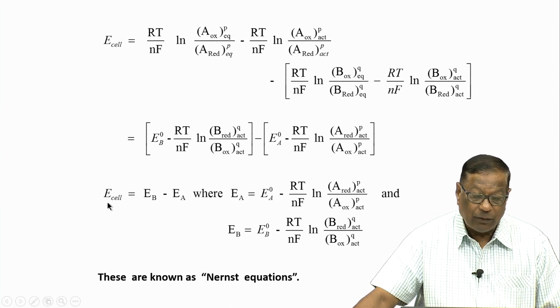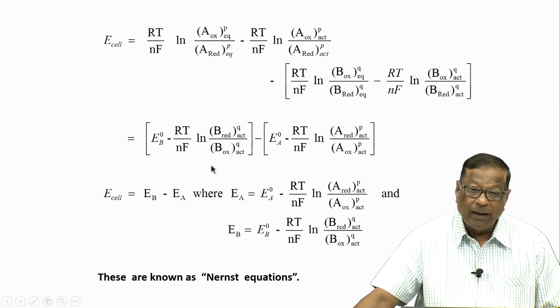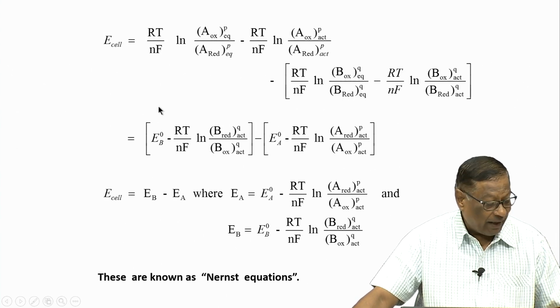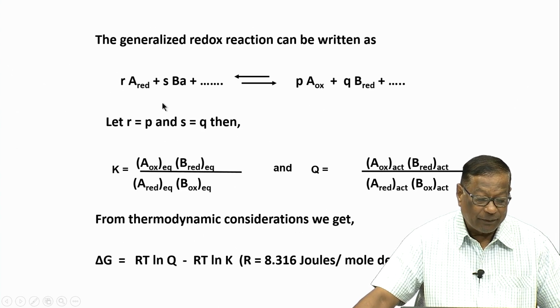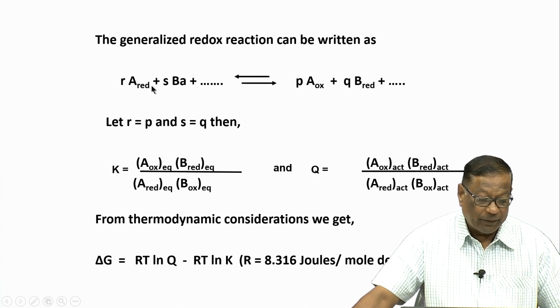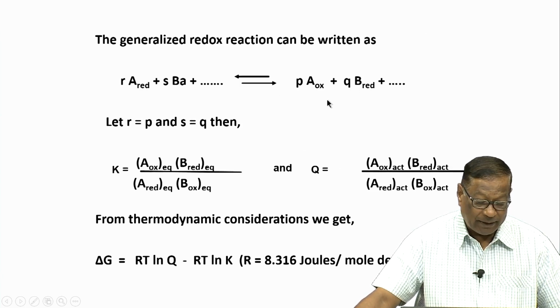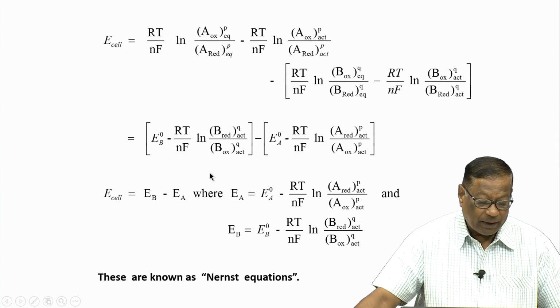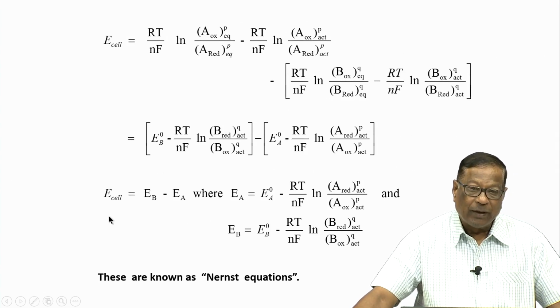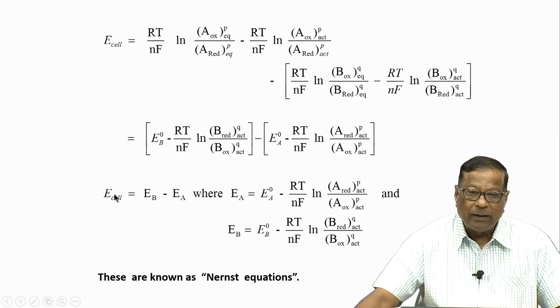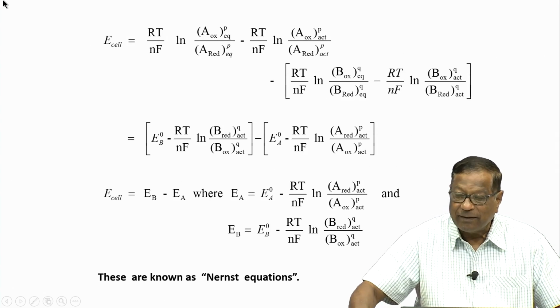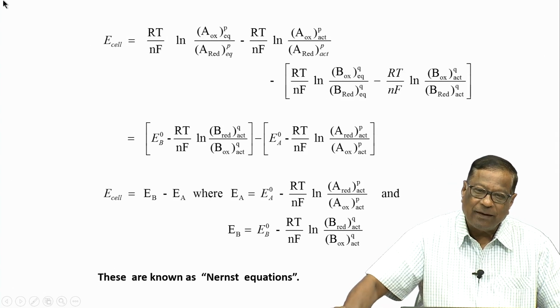And so, the cell potential what I am going to get out of this reaction, which reaction? The top one. A reductant, B oxidant, reductant. So, the cell potential of the redox reaction of A, B